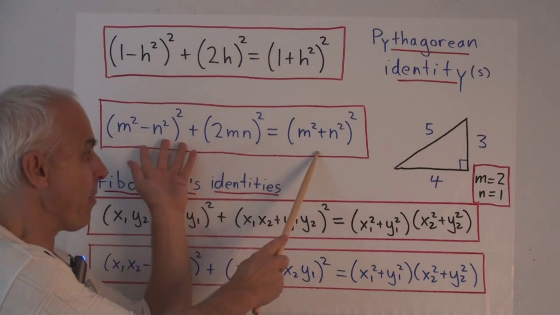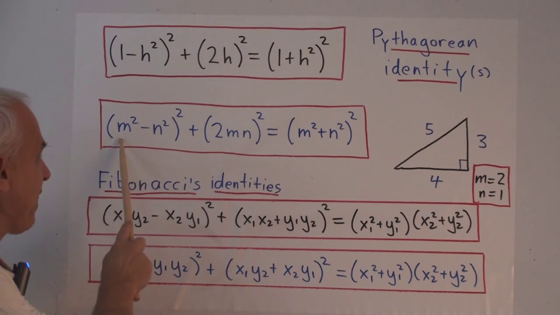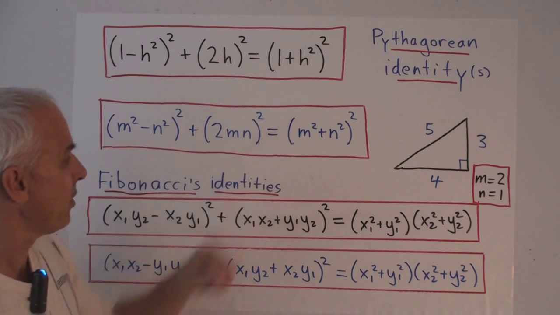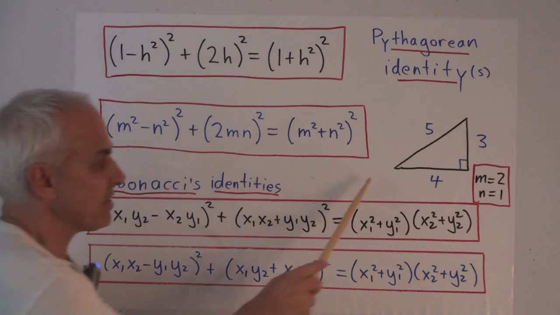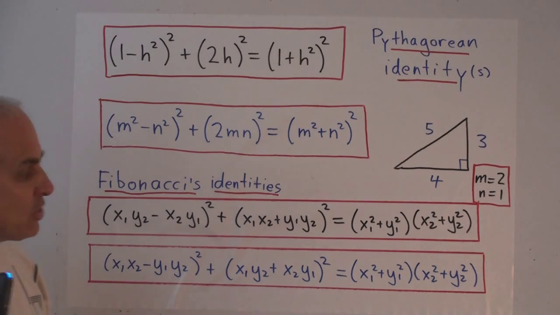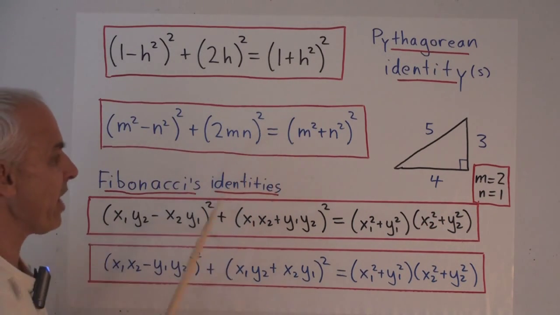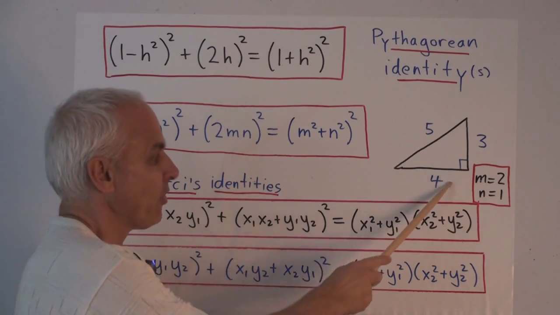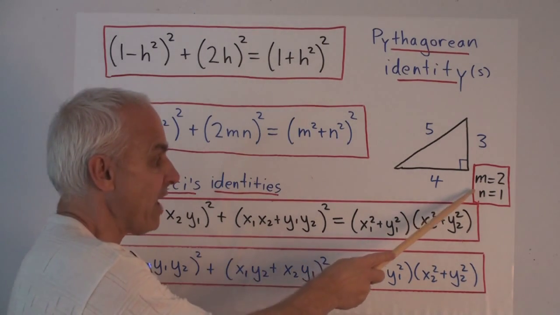The connection of this formula with Pythagorean triples is well known. For any values of m and n, natural numbers, we're getting three numbers here which have the property that this squared plus this squared equals this squared, giving us the sides of a right triangle according to Pythagoras' theorem. So for example, if m is 2 and n is 1, then these three numbers inside the brackets become 3, 4, and 5. 3 squared plus 4 squared equals 5 squared. And you can generate other Pythagorean triples simply by changing the values of m and n.